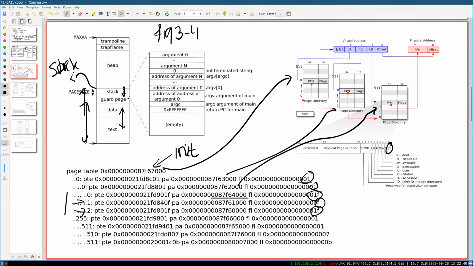Yeah, I think you could disable the executable bit. Yeah, you probably could, the X bit. That would forbid having any program code on the stack. So if you generate code on the fly and put it on the stack, you wouldn't be able to execute it. That's probably a good thing. And so we could have been a little bit tighter. Okay,